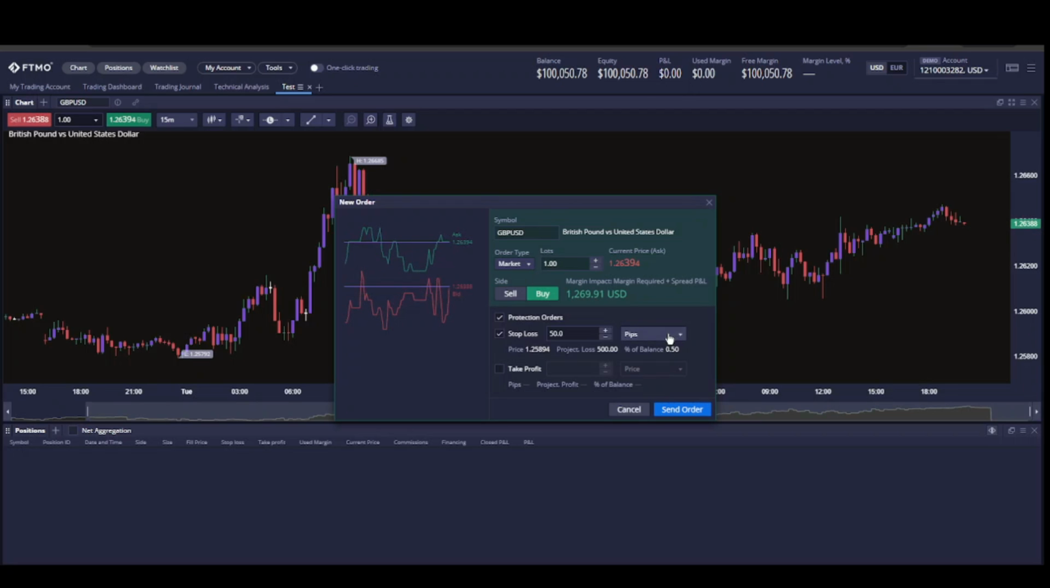Continue with the other options that we have here. One is projected loss. So this is a nice option, I think. What you can do over here is specify the dollar amount, how much you are willing to risk. Let's say I want to risk $300 only, so then it will say, since